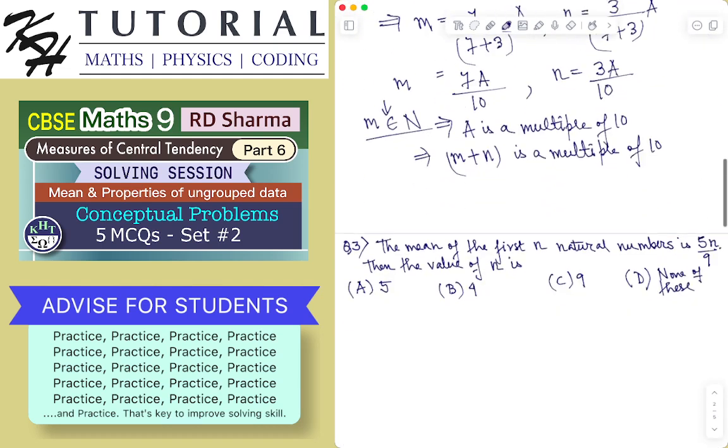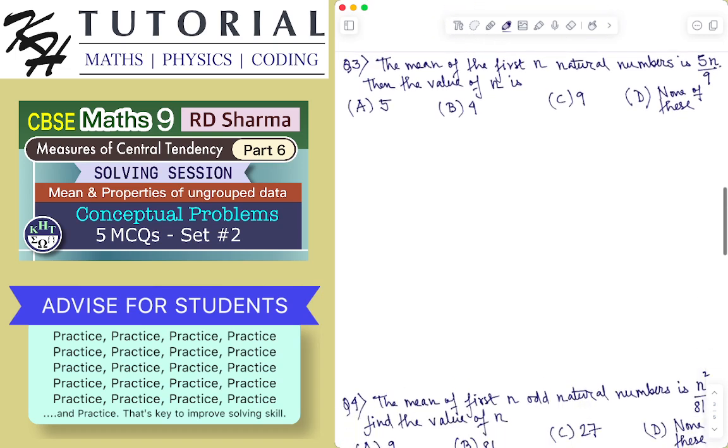Okay, let's see the next problem. The mean of the first n natural numbers is 5n by 9, then the value of n is. To find the mean of the first n natural numbers, we need to know the sum of the first n natural numbers. Now what are the first n natural numbers? They are 1, 2, 3 like this up to n, and their sum